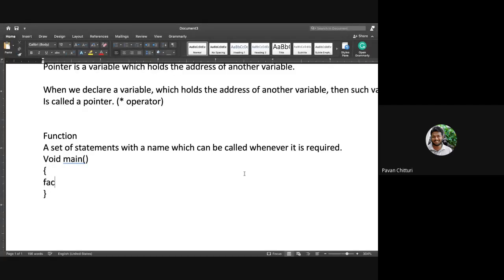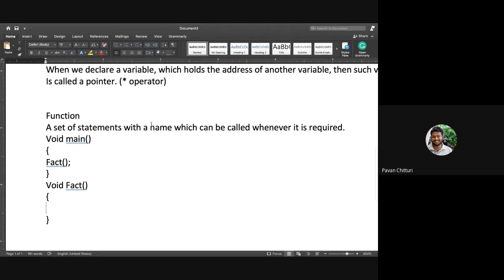In this one I am writing fact, which is nothing but defining the fact function again. The terminology is very important: calling function, and called function. So this is a function, right?